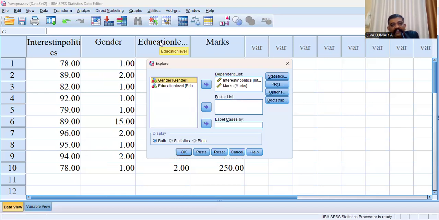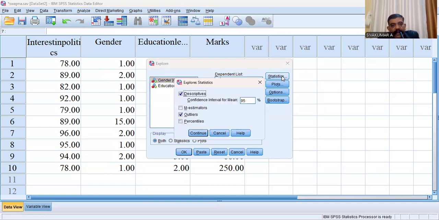Then please transfer the two variables into the dependent list box. I may repeat the words again. Please transfer two variables into the dependent list box. Then Statistics, Outliers. Please tick Outliers and Descriptives, Continue.